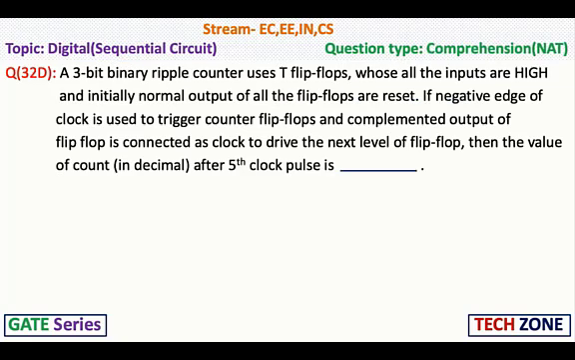So the next: a 3-bit binary ripple counter uses T flip-flops whose inputs are all high, and initially the normal outputs of all the flip-flops are reset. If the negative edge of the clock is used to trigger the counter flip-flops and the complemented output of each flip-flop is connected as the clock to drive the next level flip-flop, then the value of the count in decimal after the 5th clock pulse is